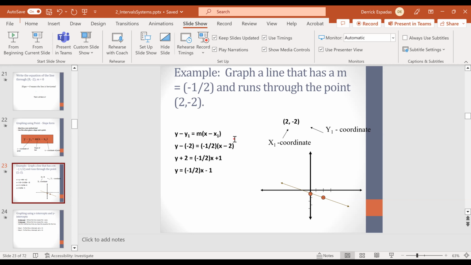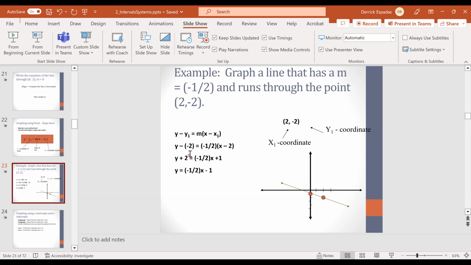Now, don't think of the math right now. Right now, we're just replacing the variables with the values. So let's not think about math. Let's just plug things in. I want to plug in my y. My y is -2, so I'm going to plug in -2 there. We have our lovely minus, but we'll take care of that on the next step. Right now, we're just plugging things in. We know our m. Our m is -1/2, so we'll put it there. This x stays. Then we plug in our x coordinate, and it's going to go right there. So we end up